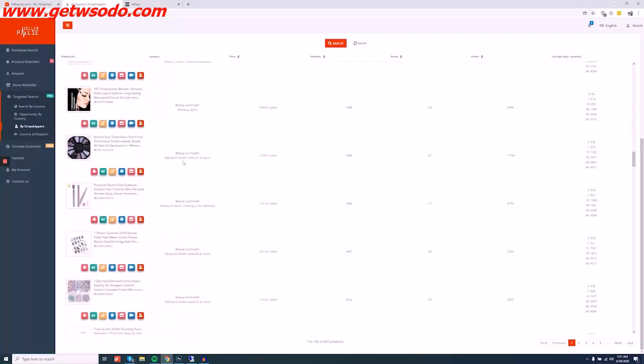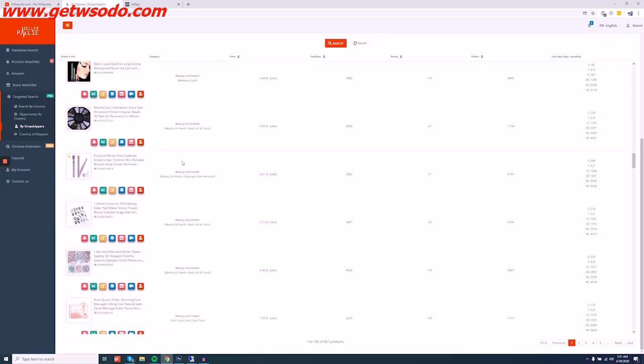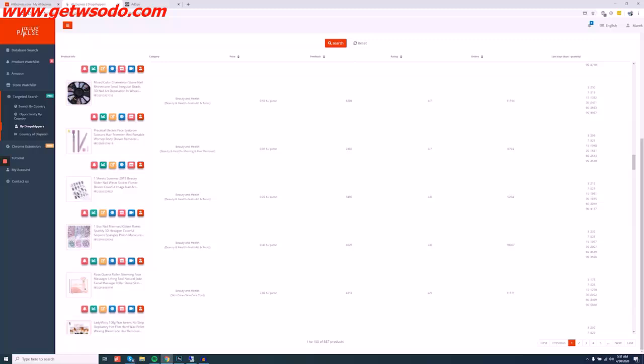Let's see. Electric face eyebrow scissor. Yeah, so I think this one could be almost kind of good. But the problem is you're not going to be able to sell this for over 20 bucks. Now, you can definitely get a product to work that's below $30, but it's just going to be very hard